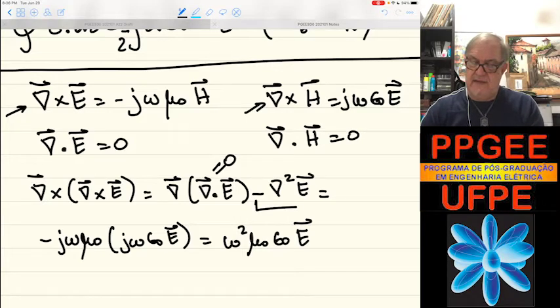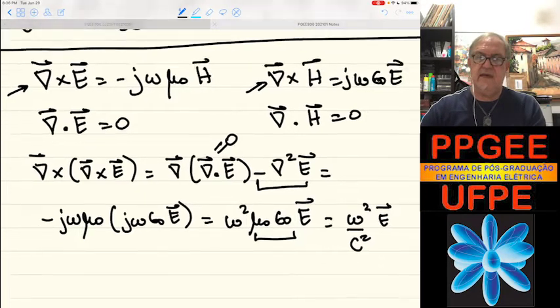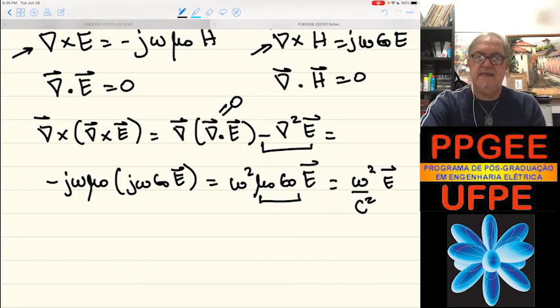So we have minus Laplacian. This equals 1 over c squared. This is omega squared over c squared E. Okay? And this number,